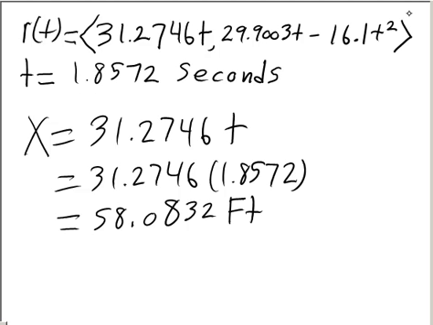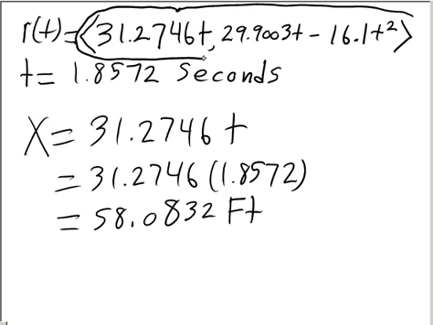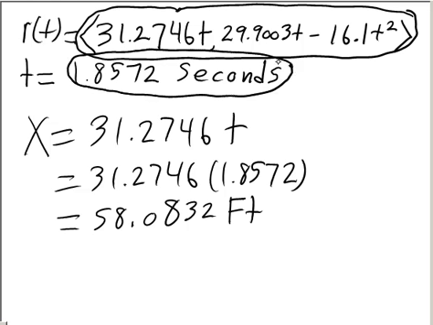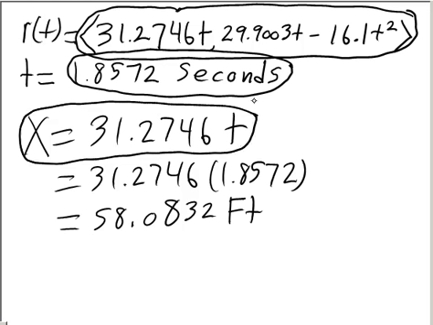If we recall from the last video, we found a vector to represent the flight path of our missile, which is right here. And we also found the time of impact, which was 1.8572 seconds. Now, in order to calculate our total distance traveled, we'll use the x component of our vector, which is right here. And once we substitute in our value for t, we get a distance of